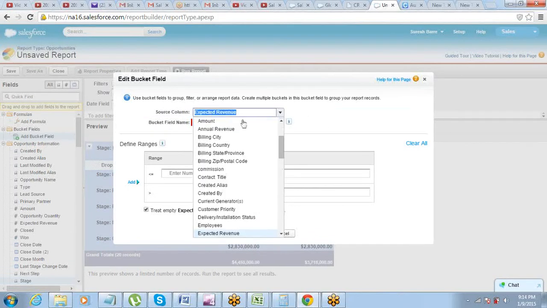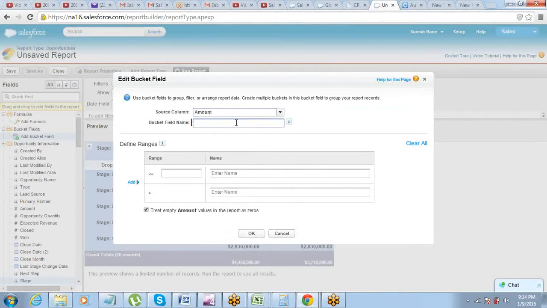So what is your source column? Amount. Bucket field, opportunity size. So you give it a name. This is basically just a virtual field which you are creating only for the report. It is not getting created on the actual database.